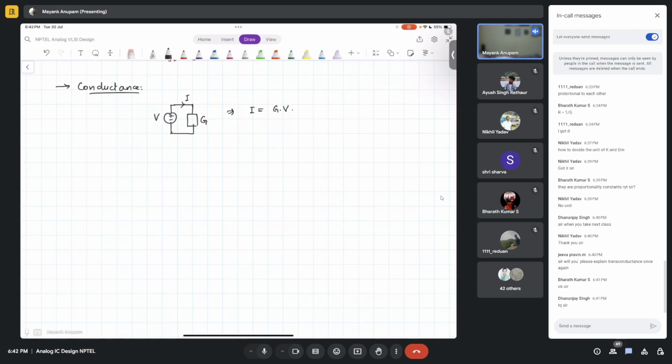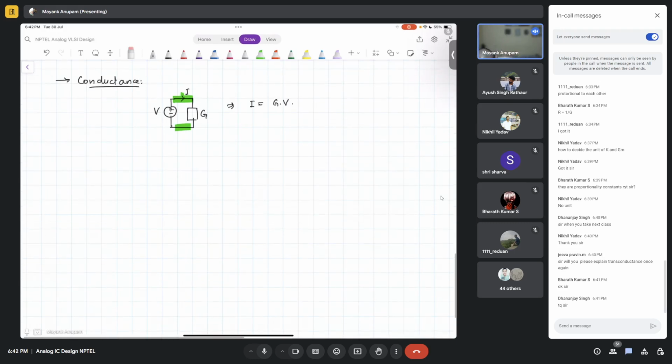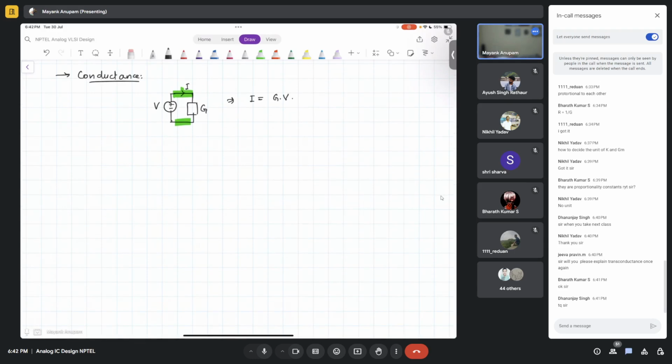The other important thing to note here is that the voltage is applied across these two terminals, and the current that results from that voltage across a conductance will also flow through the same terminals where you have applied the voltage. So this is conductance. However, if you have a transconductance,